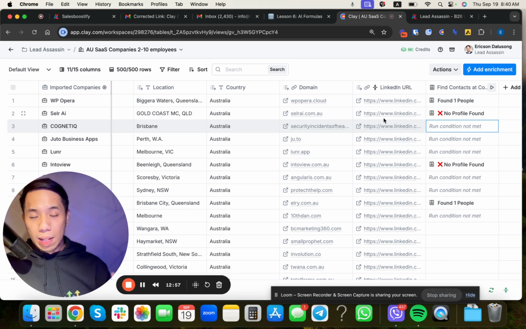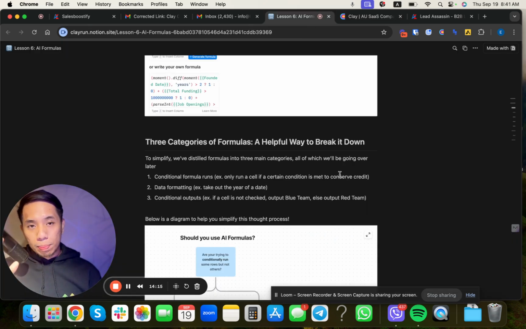That is a perfect example of a conditional formula run. So let's talk about number two, data formatting. So I think this is very underutilized because AI formulas can not only be used for conditional formula runs. You can also use it for data formatting, and I'm gonna show you an example.